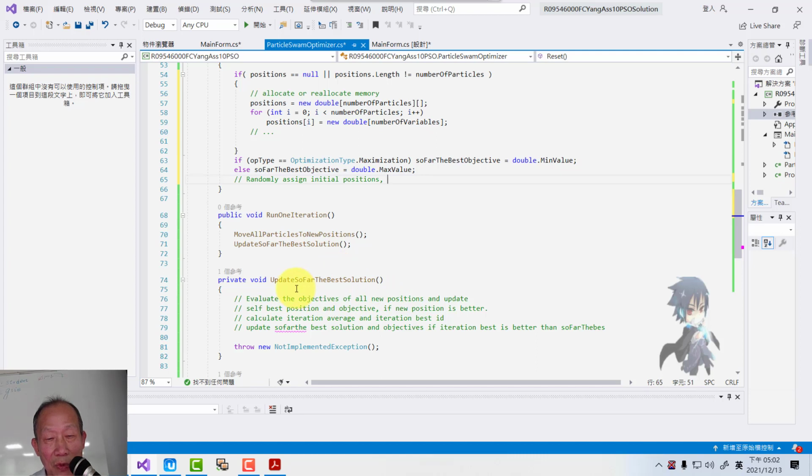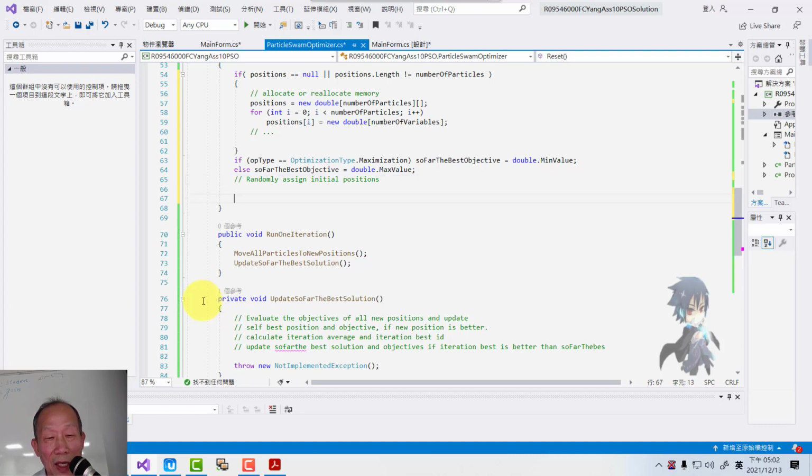Okay, so probably randomly assign initial position, and then we code the update. So probably you can do that during the reset. So in the very beginning, because before we proceed to iteration 0, everything is already there. We have the randomly assigned initial position, and self